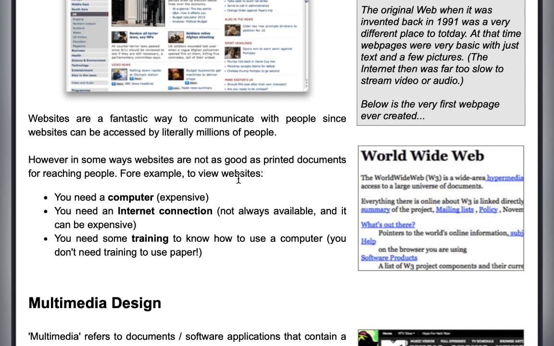That's number one. These are the challenges or disadvantages of a website, because not everyone has access to your product. However, in today's world, with the invention of Android and iOS smartphones, websites are easily accessible.